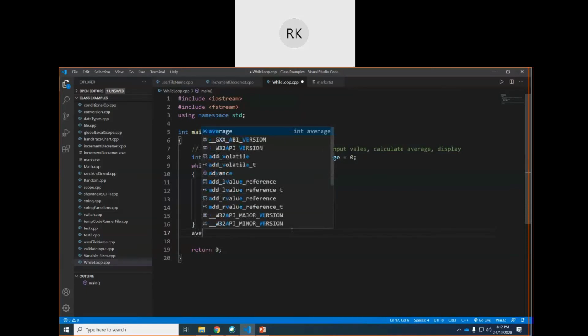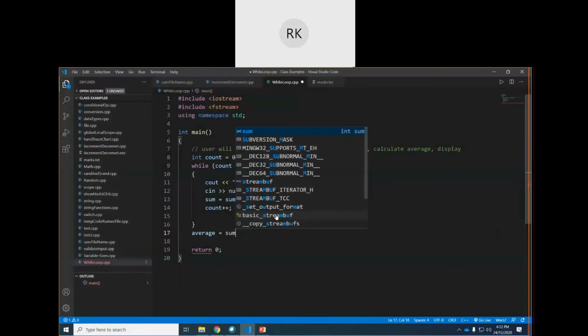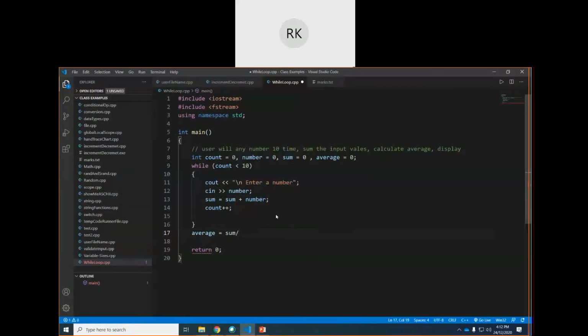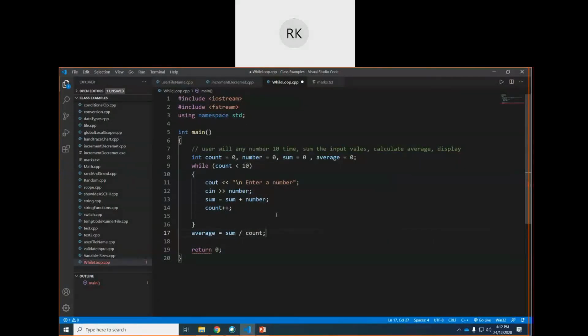Okay, average equal to, I hope you know the formula of average, which is the total sum divided by the number of count. Okay, so it should be count. Semicolon, average will be calculated, and then we will display